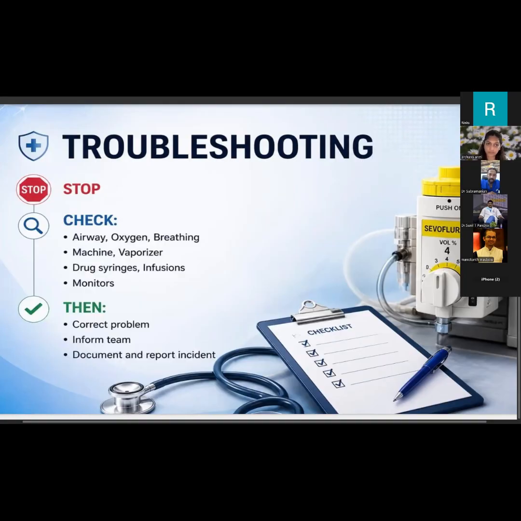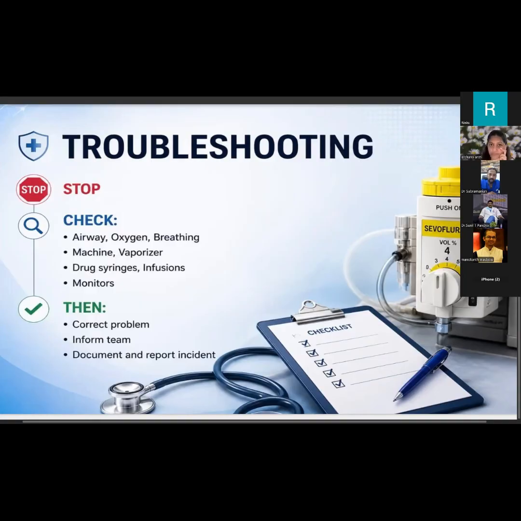We usually tend to close near miss events at our level, but they should ideally be reported so that other people and the institution learn from them. They can then formulate ways to make sure such an incident doesn't happen in the future. So the goal is not only to manage the patient, but also to prevent recurrence.